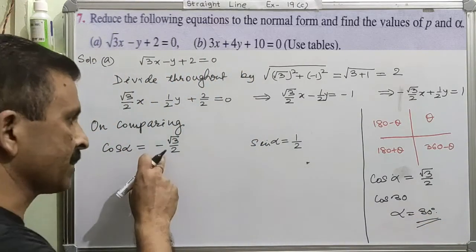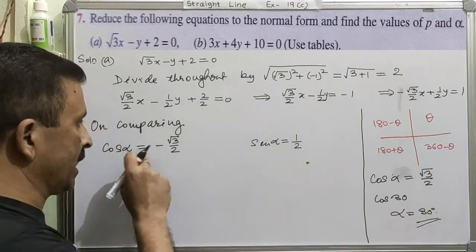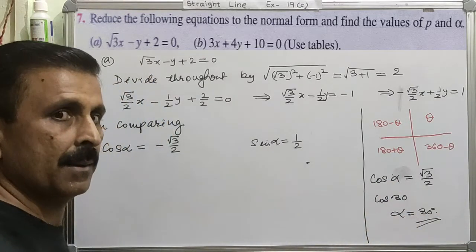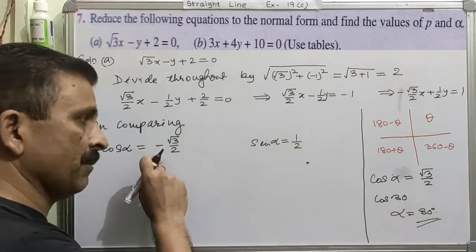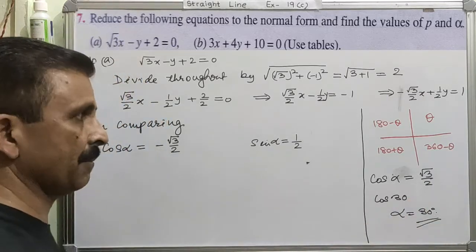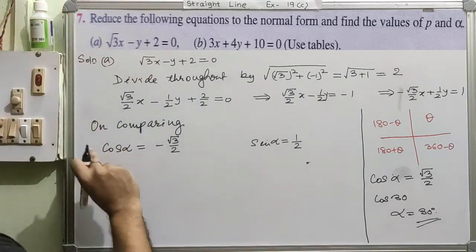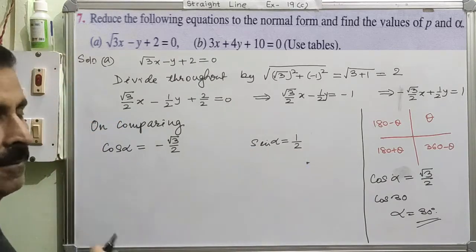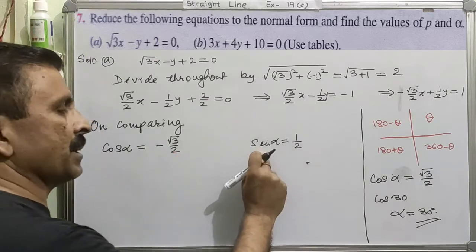What I did is, for a moment, we just ignored the sign and then we tried to get the value of angle, and the angle we have got is 30 degree. Is this okay? But this is not the right answer. I calculated by ignoring the sign, so I got the value of alpha as equal to 30 degree. But please remember that this is not the answer. Now after this, what we need? This trigonometrical ratio is negative and this trigonometrical ratio is positive.